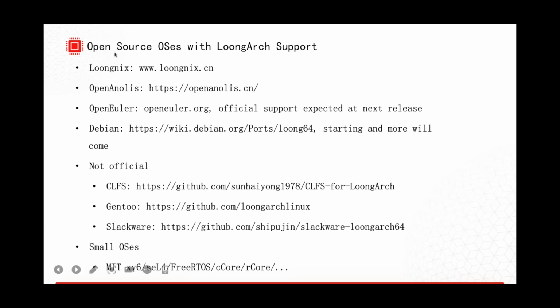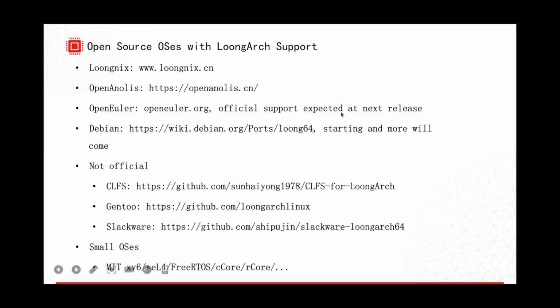So today we have got a lot of open source operating systems with LoongArch support. First, LoongArch itself has the community version, which is based on Debian 10. And this open community OS from Ali has support for LoongArch. OpenEuler, which Mr. Xiong has talked about, is working on LoongArch support.